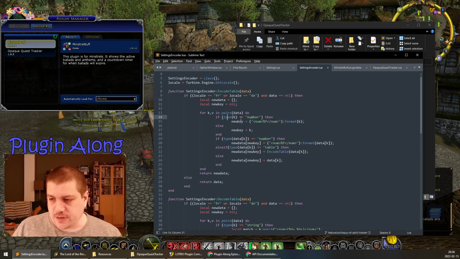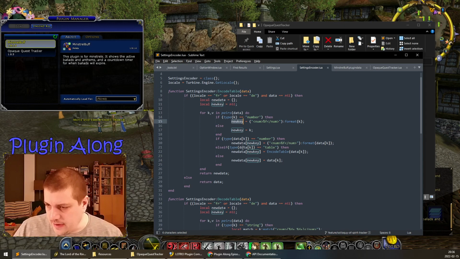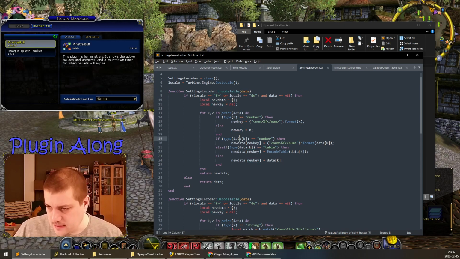So presumably, if we're in French or in German, it's going to try to do these things. If the type is a number, then we're going to spit it out between a couple of bracket tag, HTML style tags, and then format the number as a floating point number. Okay, neat. So we have a new key, new data that. But where do we use it? If type data k,